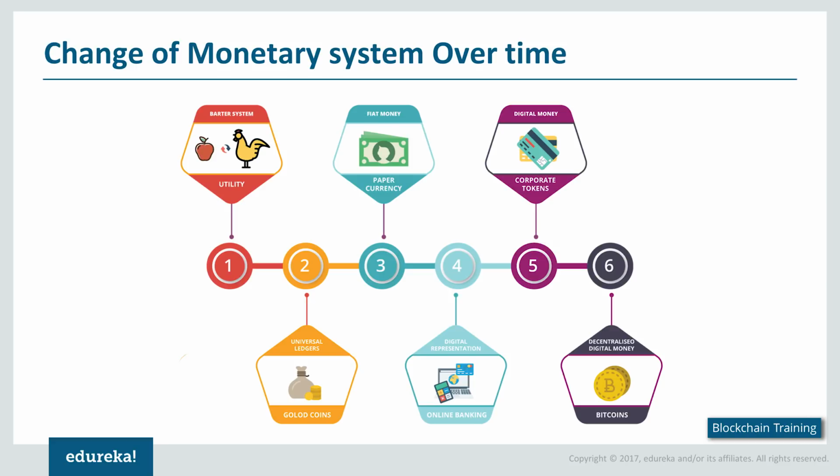Here we exchanged paper currency, which was cheaper than gold coins, in exchange for any kind of goods as required, and then came the age of digital banking. Through online banking and digital banking, it became quite easy for us to purchase as well as sell our goods as per requirement. The current system, and the one on which Bitcoin as well as all cryptocurrencies are based, is decentralized digital money. Here you have a decentralized form of monetary system where not one single entity controls the governance of the money. We'll be talking more about the decentralized money system ahead, but right now I hope you guys have got a simple understanding of the change in the monetary system. Okay, great. It's good to see that you guys are following.